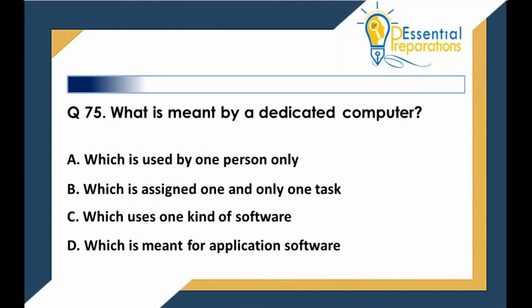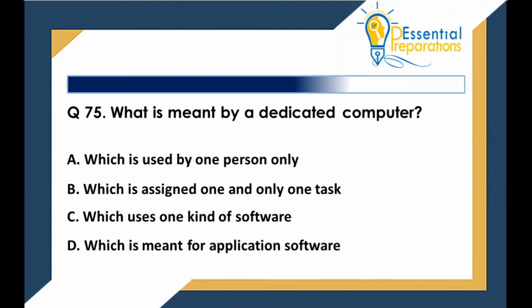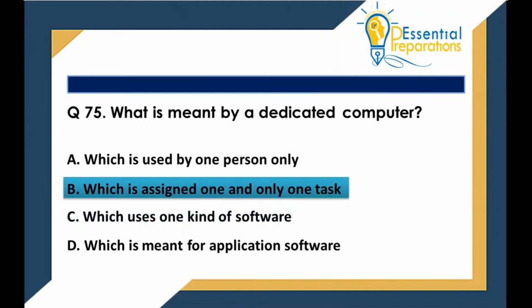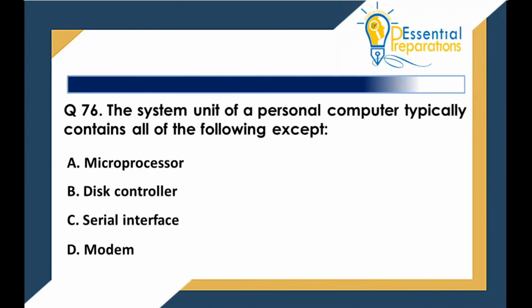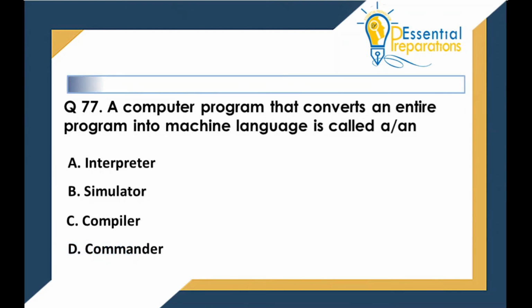What is meant by a dedicated computer? B. Which is assigned one and only one task. The system unit of a personal computer typically contains all of the following except D. Modem. A computer program that converts an entire program into machine language is called a/an